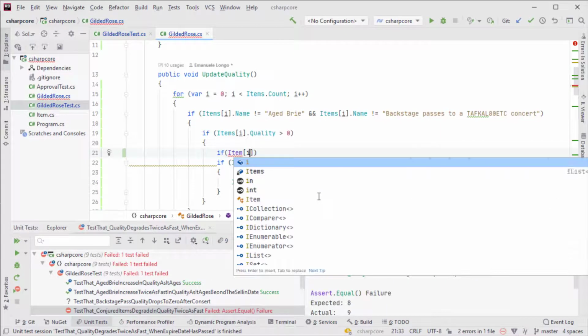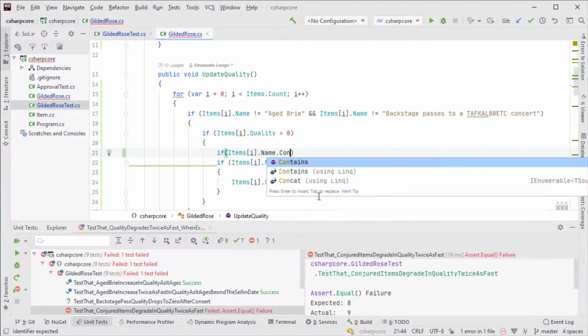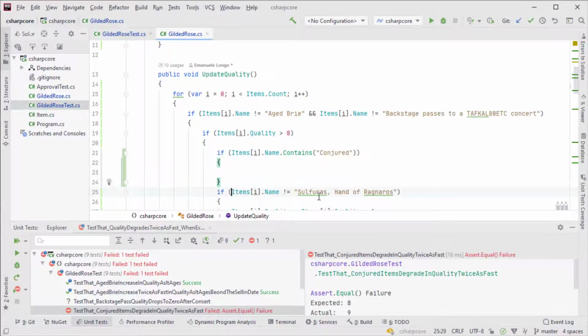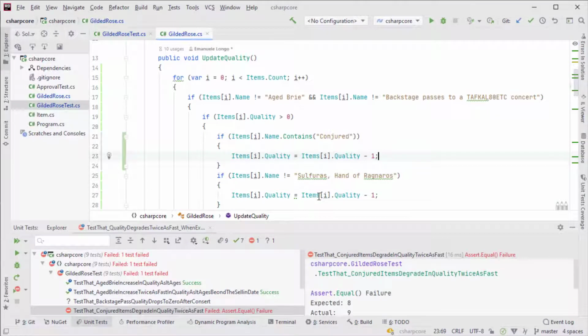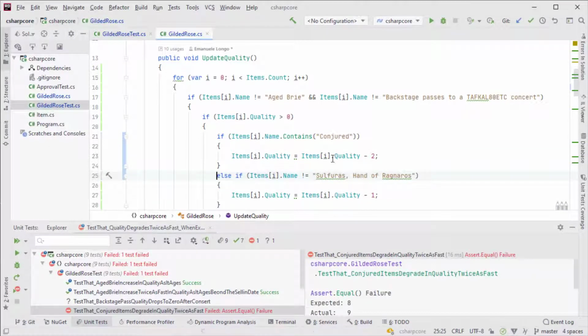So if the item's name contains conjured, we want to decrease the quality by 1. No, we want to decrease it by 2, of course. So let's try to run our test again.